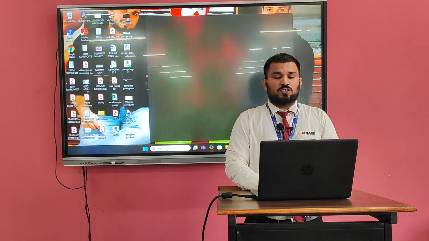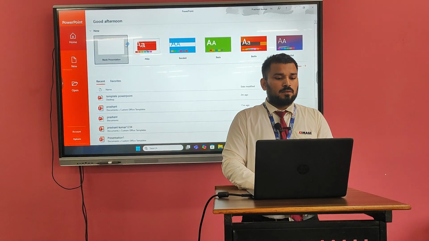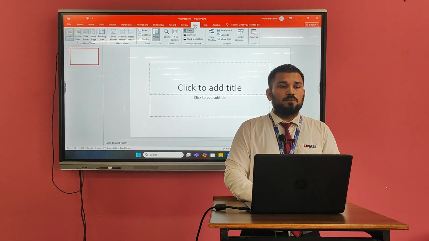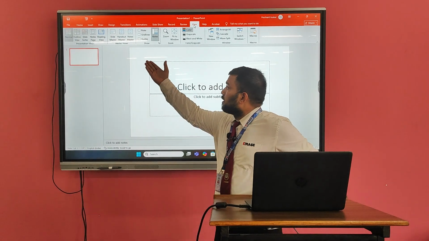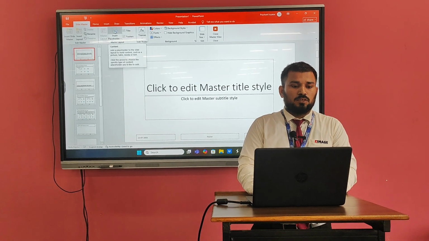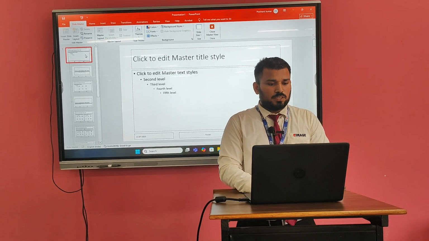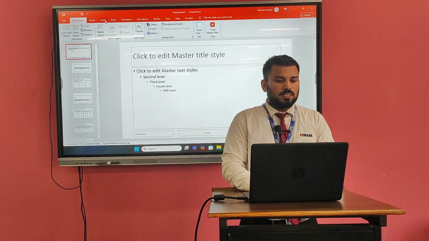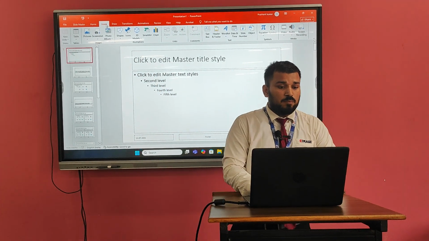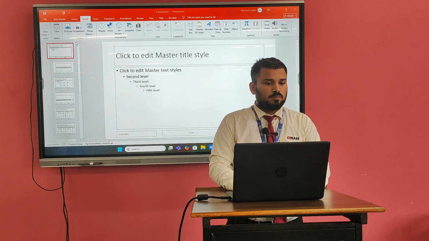Firstly, go in the search bar, double click on PowerPoint, select blank presentation, go in the View tab. In the View tab you all see there is a column, and the column name is Master View. In Master View, select Slide Master, go in the first slide, click on it. After that, go in the Insert tab. In the Insert tab there is a column, and the column name is Images. In Images, select Pictures, Insert from this device,